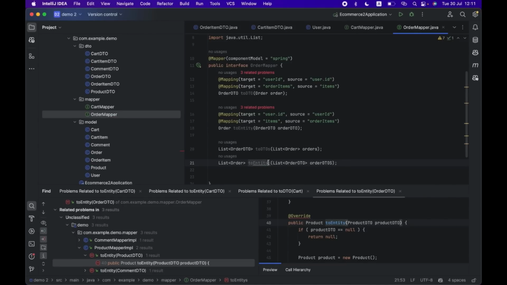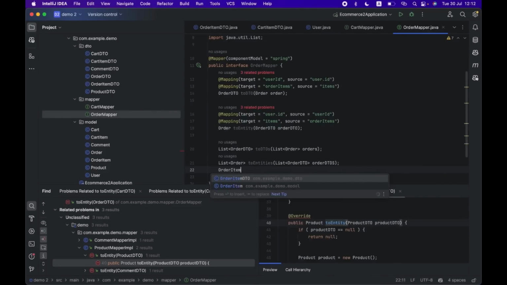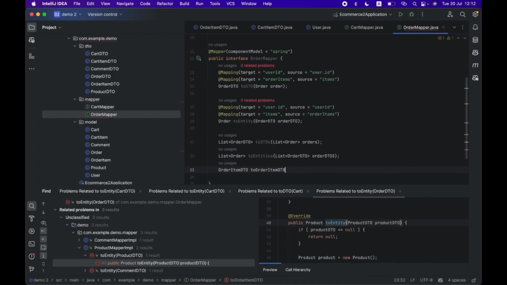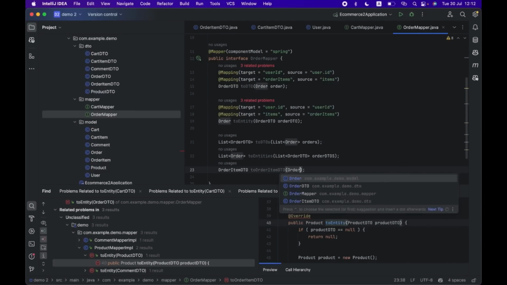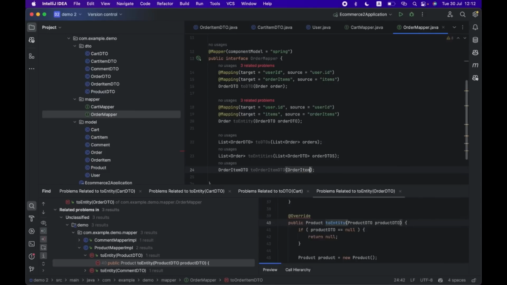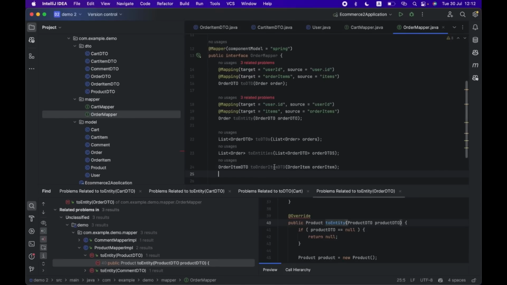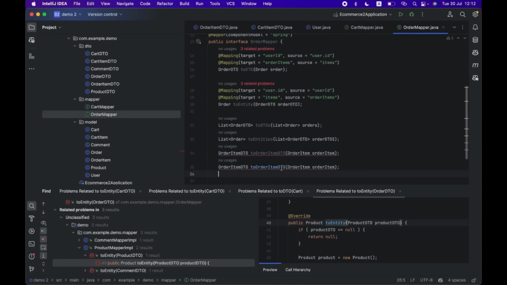So our order DTO list can be converted to just order list, which means to entity list, and our entity list can be converted to DTO list. So for each of them, there will be a method for each order item. The same thing with order item to order DTO, to entity. So yeah, the same thing. Now we need to add all necessary mappings,